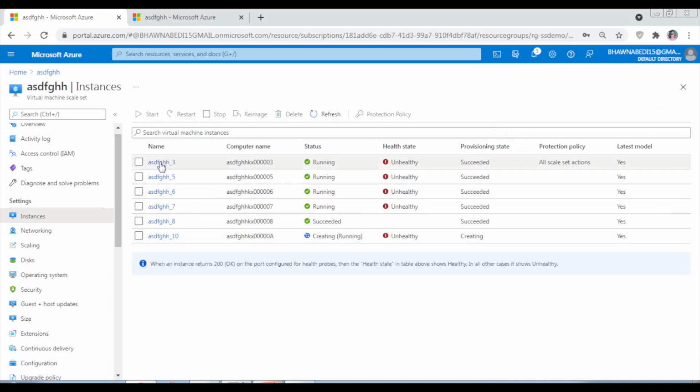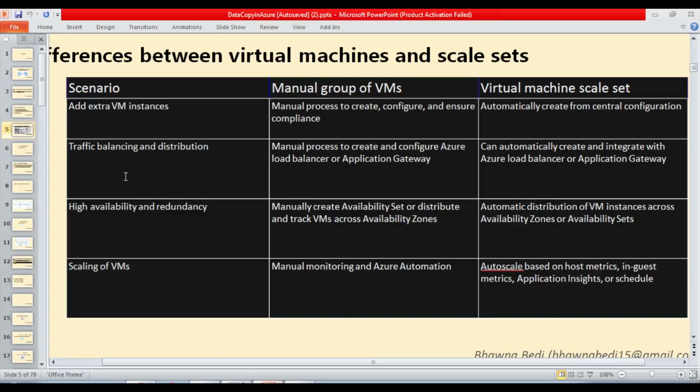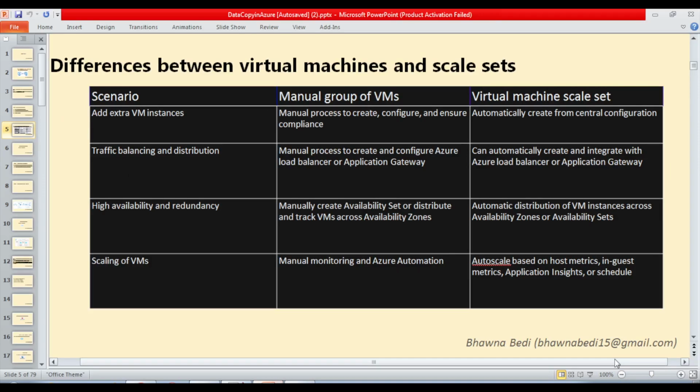So guys, you can actually see that I tried to add a policy. It also shows here that the scale set protection policy is applied over here. So guys, this is pretty much what I wanted to discuss in this video. Apart from that, definitely you can go ahead and check the difference between virtual machine and scale set. And remember, a set of similar virtual machines is actually a scale set, right? And you can go ahead and check out the difference as well.